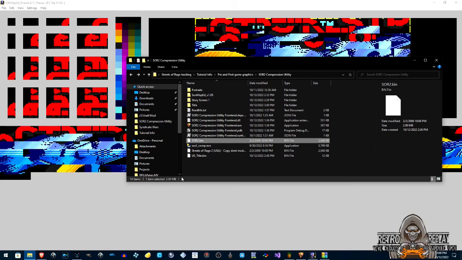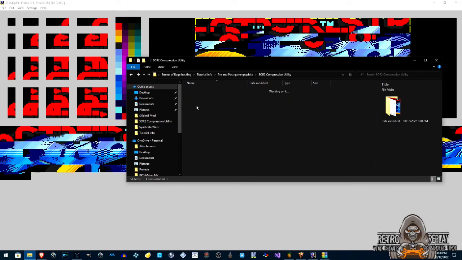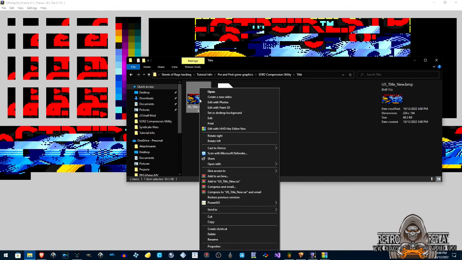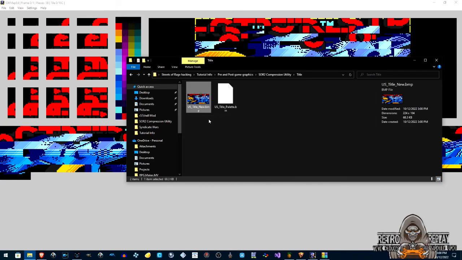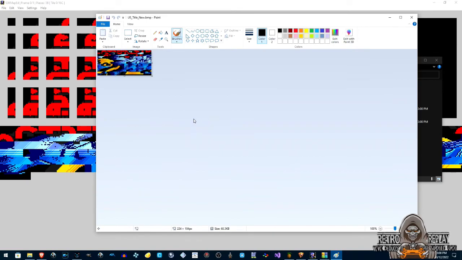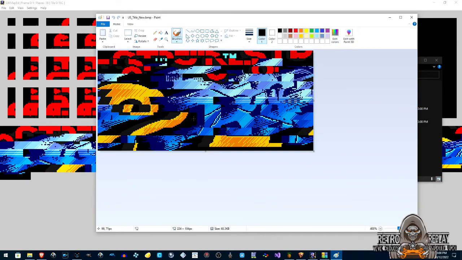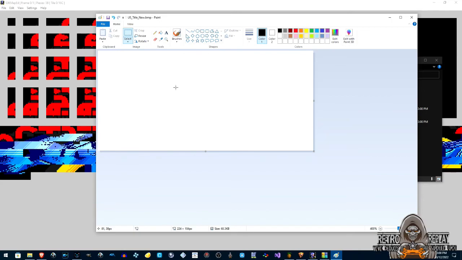Okay, and you really can use whatever photo editing software you want. I'm just going to use MS Paint for this part. It's easy enough just to get everything done in here. Normally my choice is GIMP, but okay, so